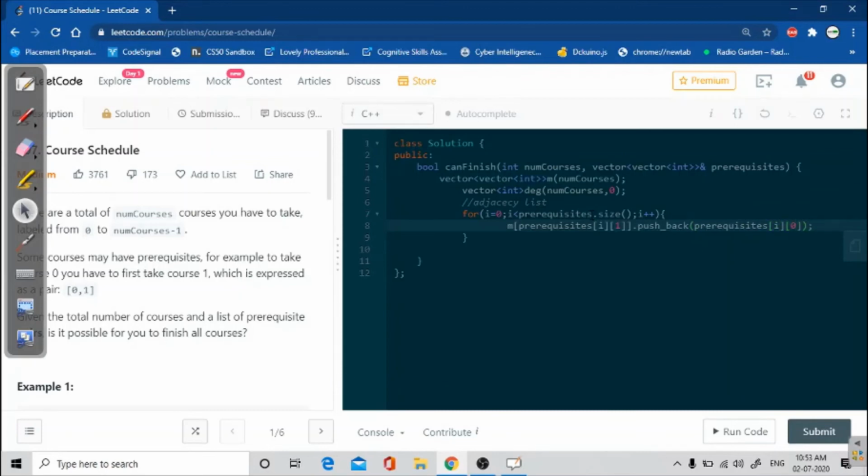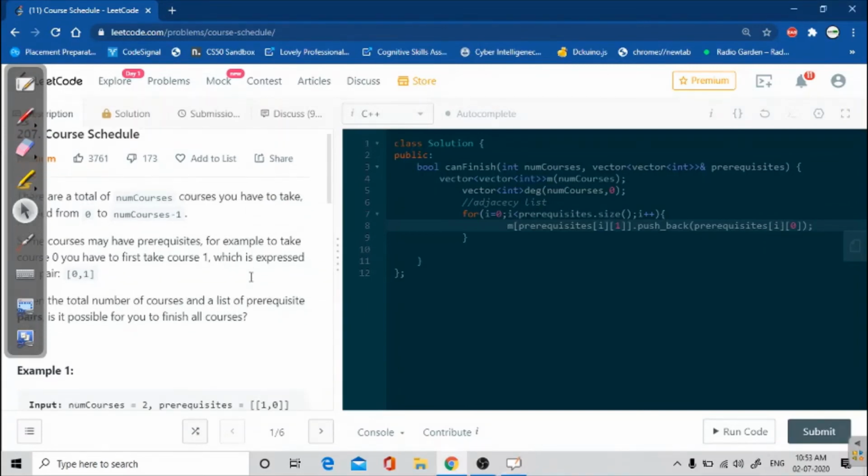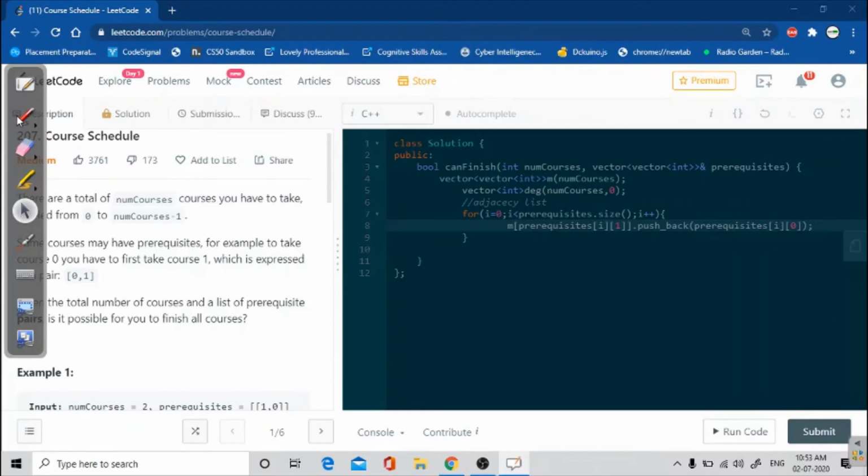Why am I using the second node first and the first node second? See here, we have given 0 1. So for course 0 I have to complete course 1.